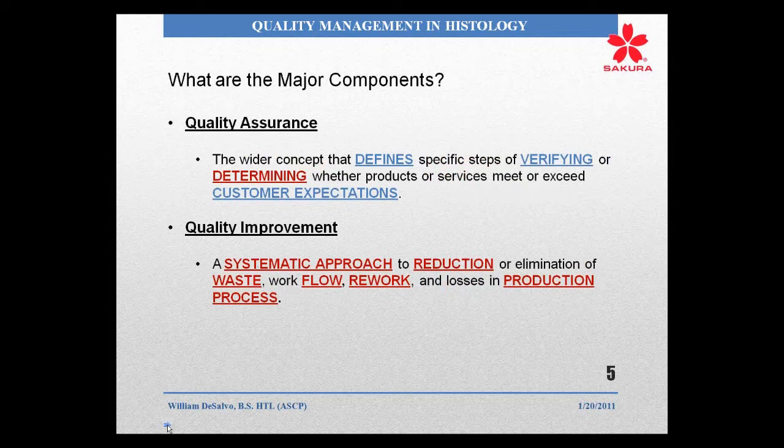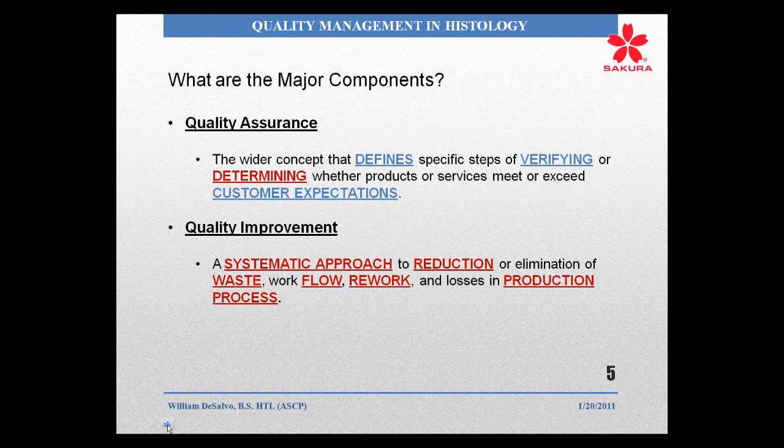So continuing on with the major components, then quality assurance. When you think about quality control, then broaden your outlook, broaden your approach, and that is the wider concept that defines the specific steps of verifying or determining whether products and services meet or exceed the customer expectation. And when we get to customer expectations, you're starting to get away from the minimal acceptable level of quality, more to the higher standard of quality. That's exactly what the customer expectation is. That's your expectation. That's my expectation. That's everybody's expectation. If you go to buy something, you're looking to buy the highest quality. I can't remember the last time I went in someplace and said, just give me your minimal acceptable quality product. So quality assurance is taking the next step from quality control, which sets the baseline,